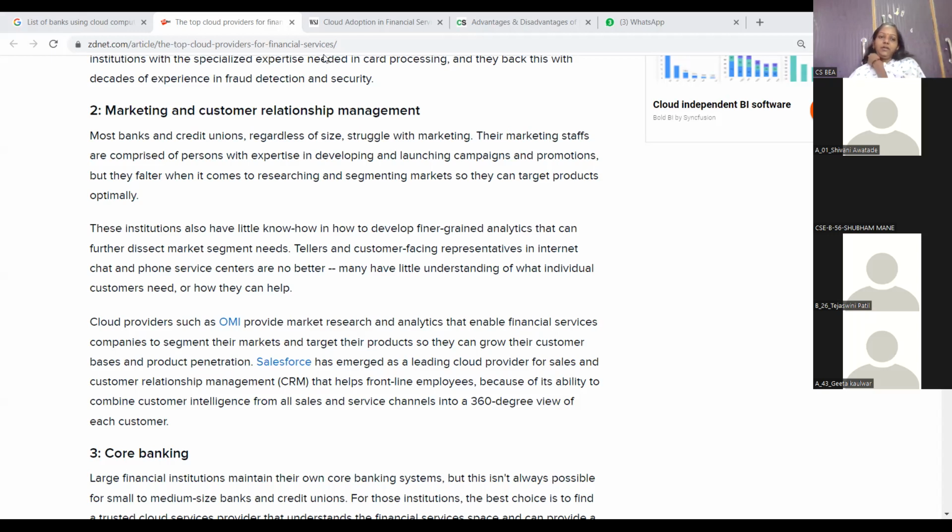So the cloud will provide you such a service, OMI, which provides market research and analytics that enable financial services companies to segment their markets and target their products so they can grow their customer base and product penetration. Then, related to core banking,